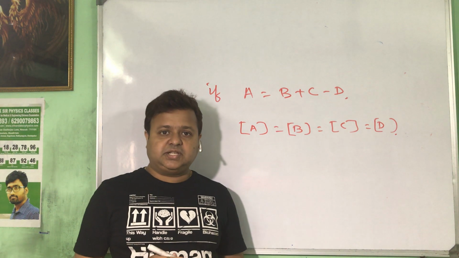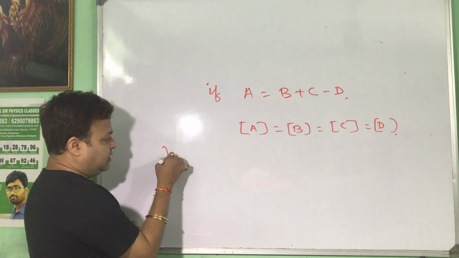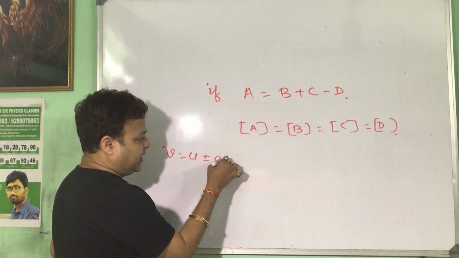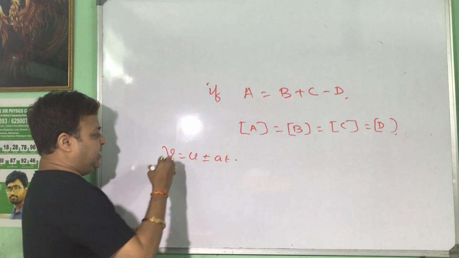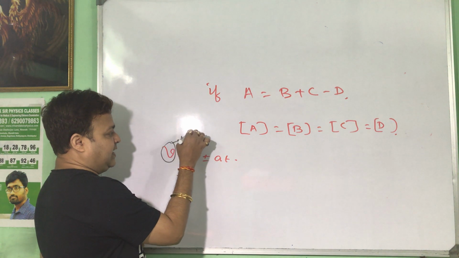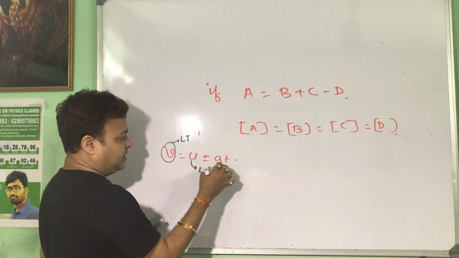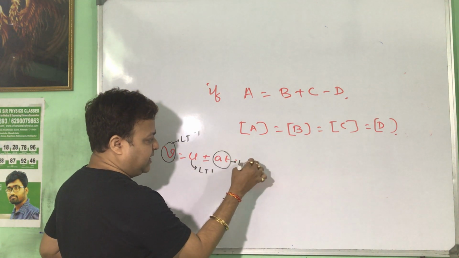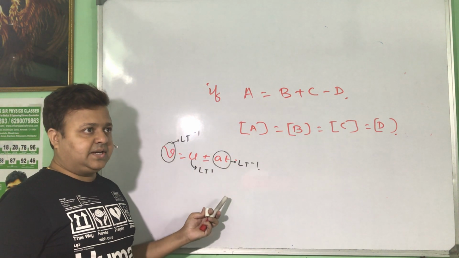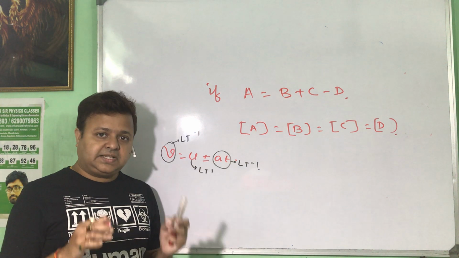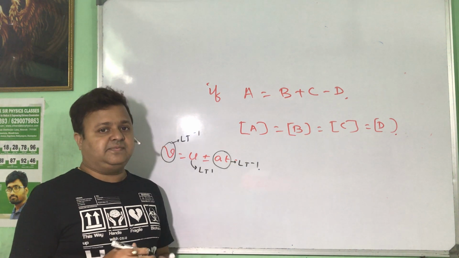আগের দিনই কিন্তু হয়ে গিয়েছিল, যেটা আমরা অ্যাপ্লাই করেছিলাম কোথায়, v equal to u plus minus of at, আমরা চেক করে সেটাই পেয়েছিলাম। দেখ, the dimension of v is LT minus 1, this is also LT minus 1, the product of these two is also LT minus 1. That means we can add or subtract the same dimensional quantity, and this is called the principle of dimensional homogeneity.